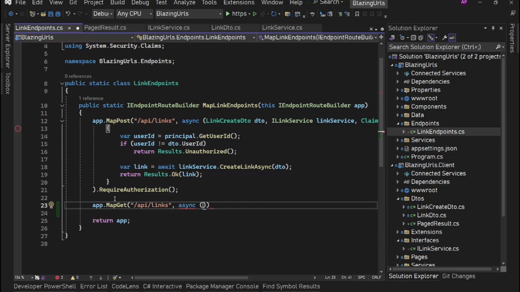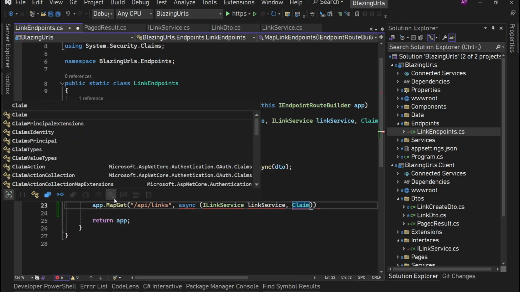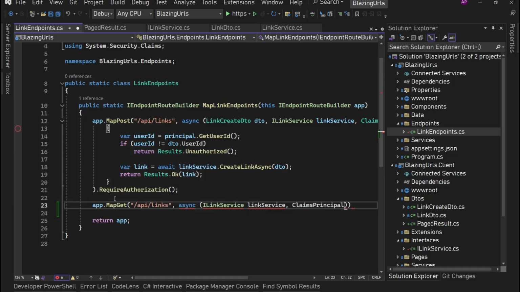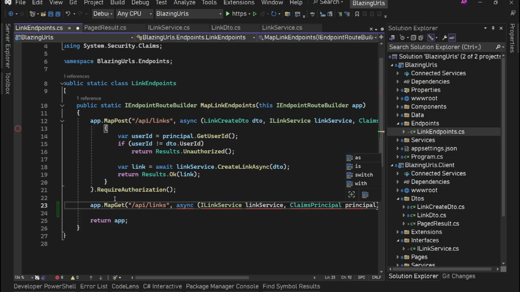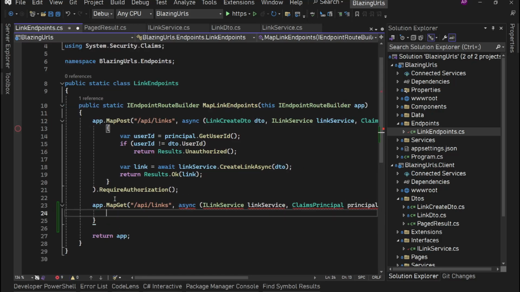And here we will have I link service. Link service. And we need user. So for that, we'll simply have claims principal as a parameter. Principal, both of these will be provided by this ASP.NET Core only. Okay, now from here,